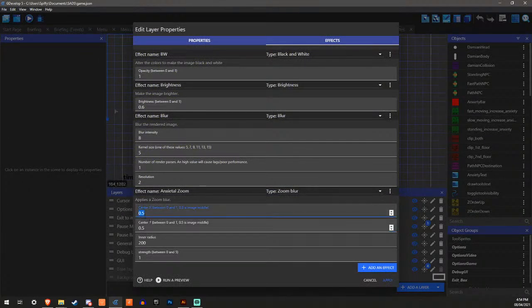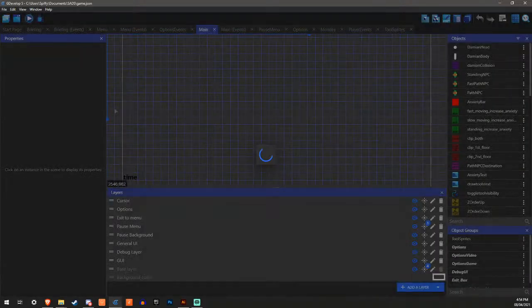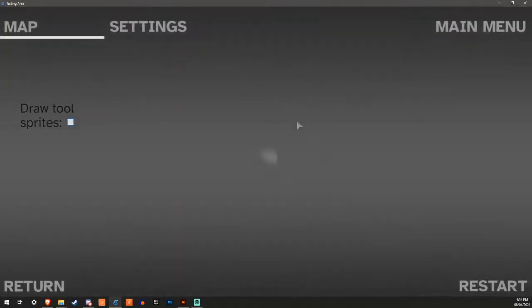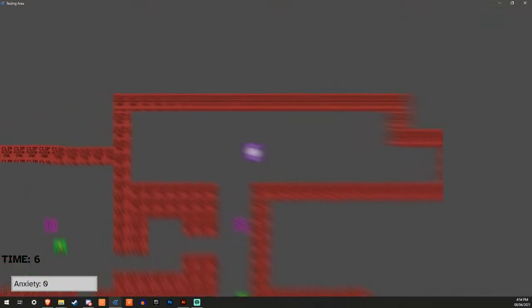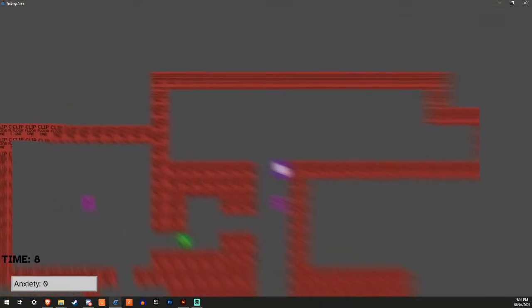So I wonder if I put it on 0. The strength can be like 0.75. This can be like 300 maybe. Just gotta hope this works. Okay, so that I think is the top left.